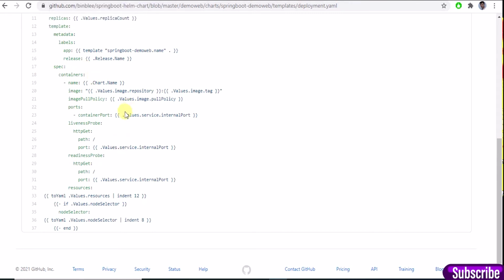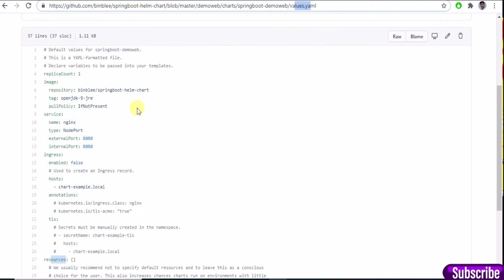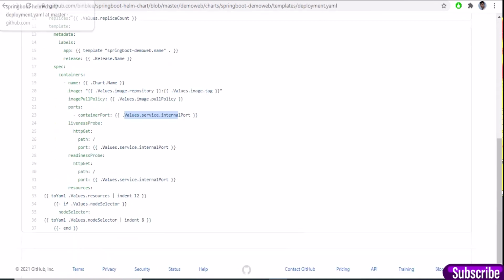Here values are not hard coded. They will come from values.yml. For a sample example, we can see the container port. It will try to read from values, service, and internal port. If we go to values.yml, we have something called service and then internal port. That's how the values are mapped.